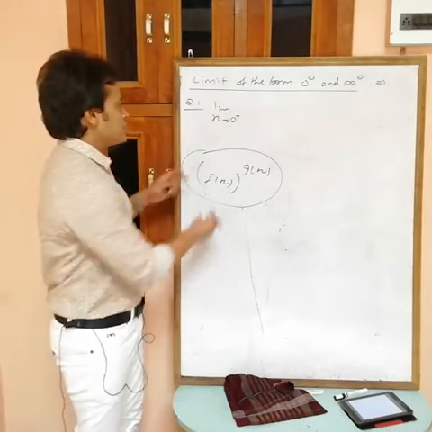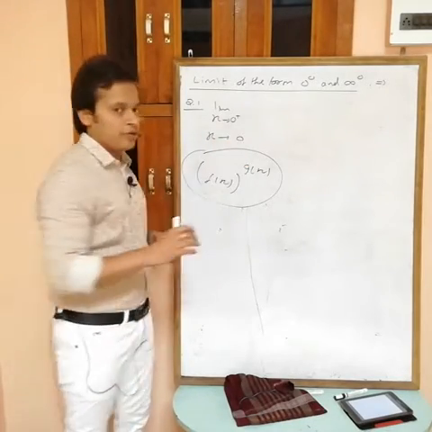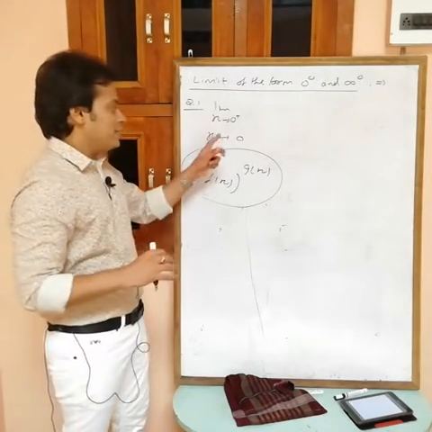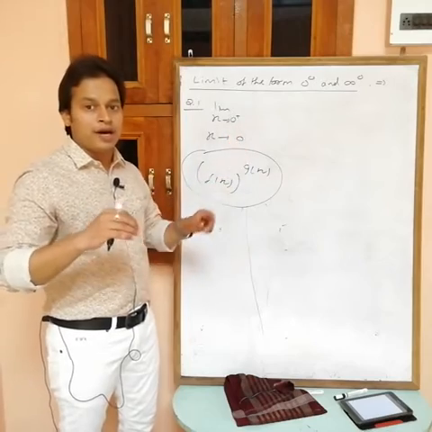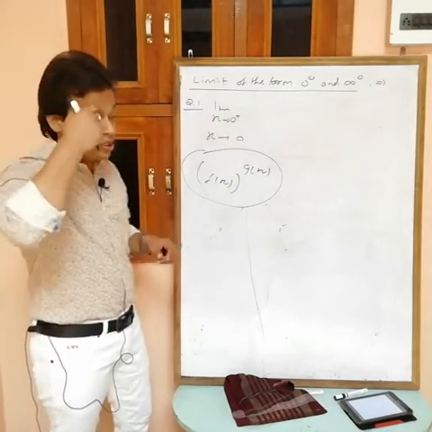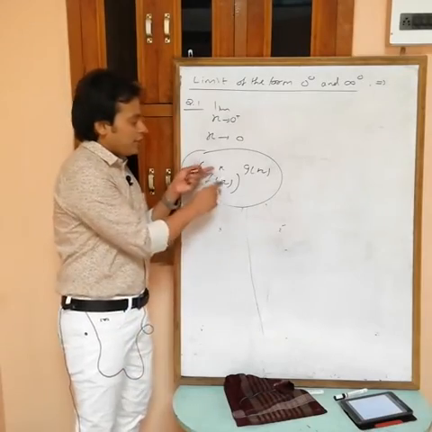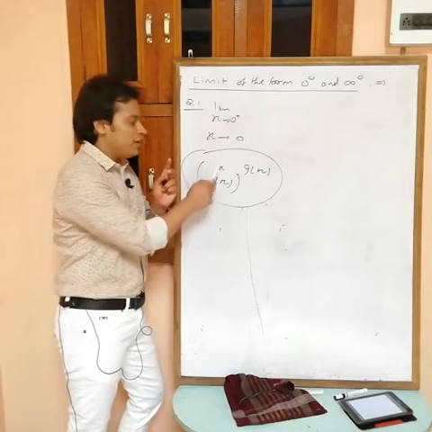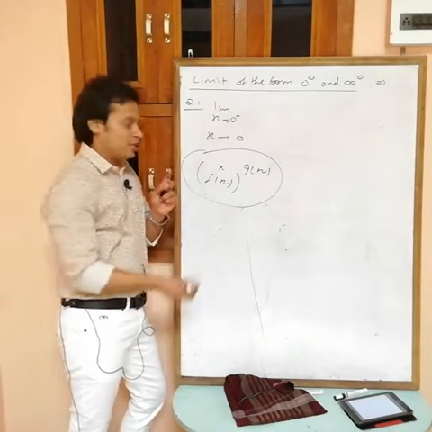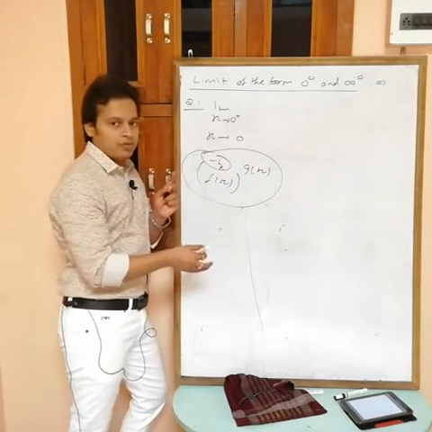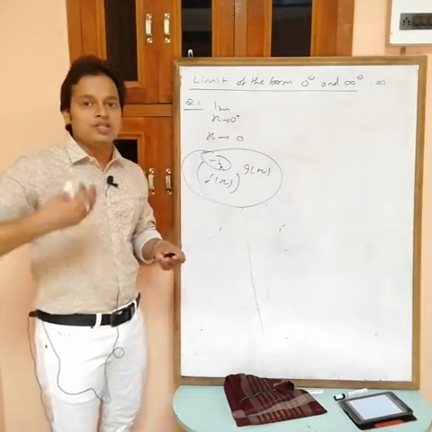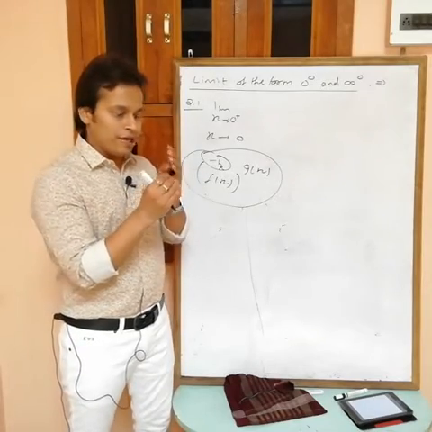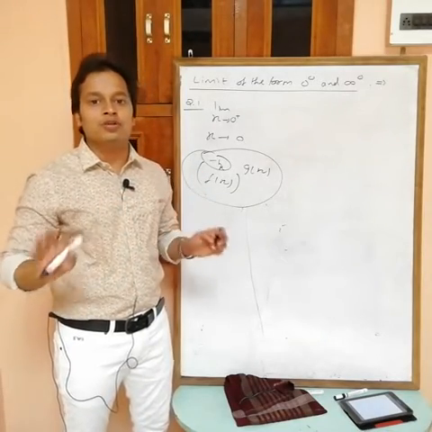Now suppose he is saying find limit x tending to 0. X tending to 0 means both must be same, LHL and RHL. LHL means 0 minus, and for RHL we have to put 0 plus. Now suppose this is x. If you put x equals to 0 plus h, then this is positive, no problem. But in case of LHL, we have to replace x as 0 minus h, and minus h is now negative. Now this function is not defined. So limit is a secondary thing. First function must be defined. If function is not defined for LHL point or RHL point, then limit also does not exist.